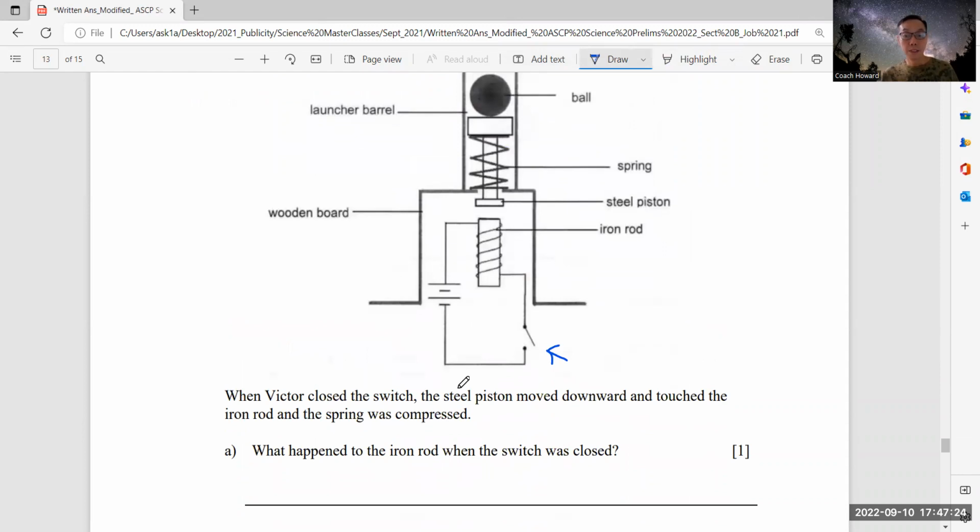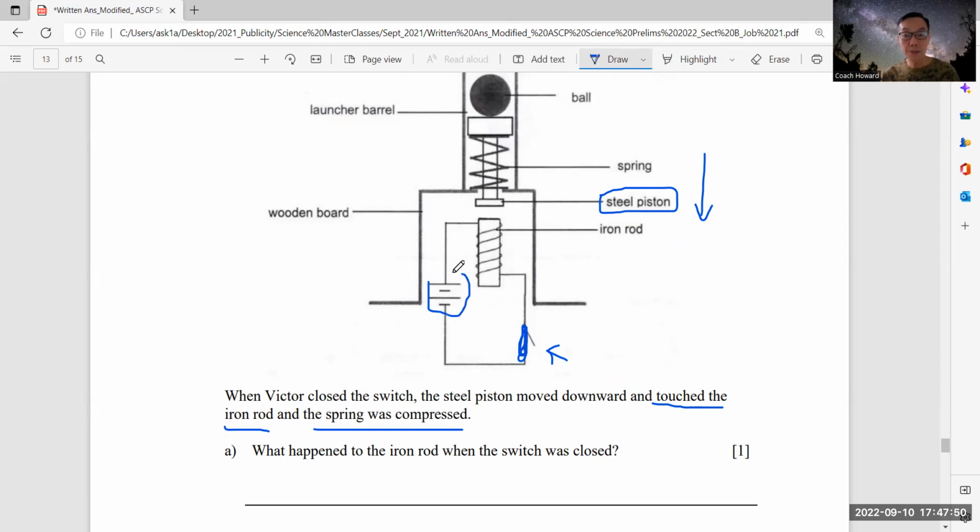Okay, the steel piston. So highlight the steel piston. The steel piston moves downwards and touches the iron rod, and the spring is compressed. I want to underline this one. So you notice here, if I close here, you can annotate here. If this is being closed,